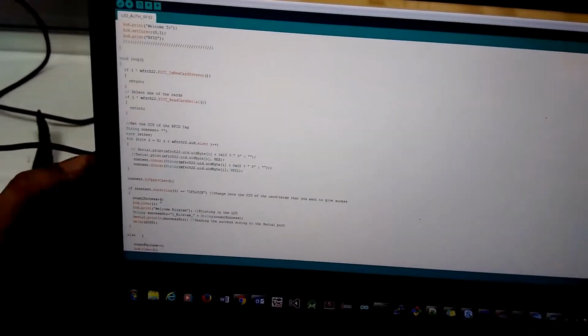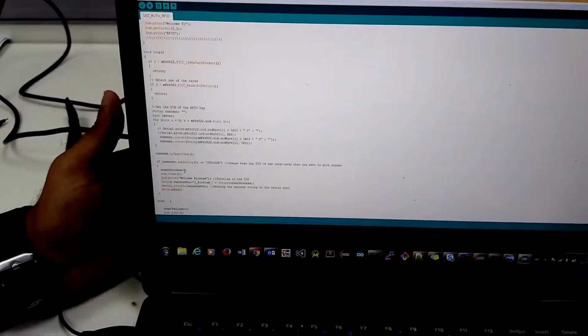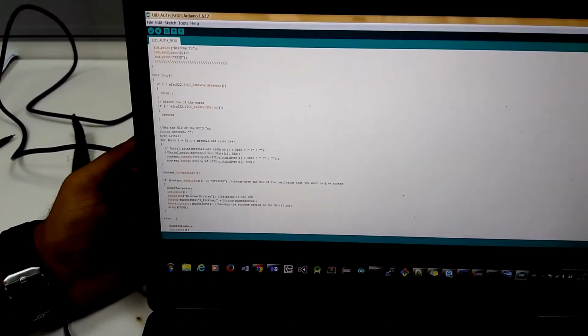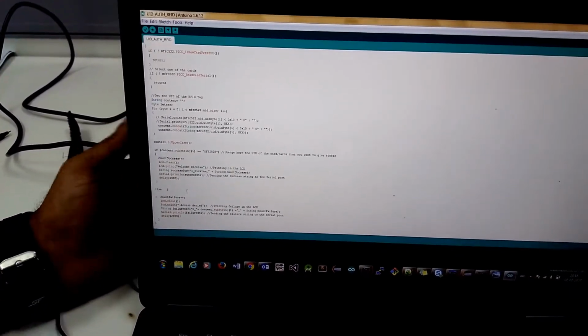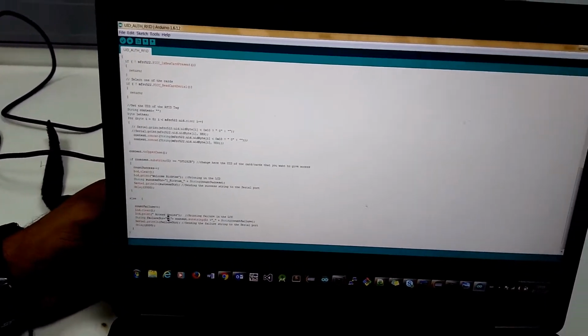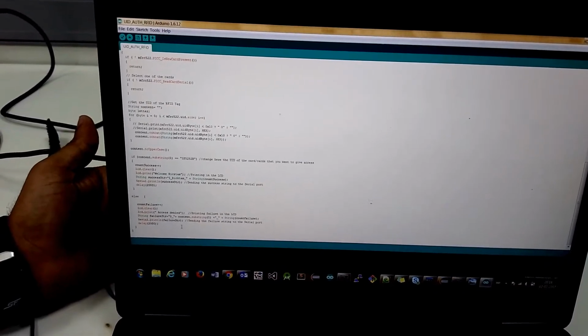If it is a valid tag, I am incrementing the success count, and if it is an invalid tag, I am incrementing the failure count. And finally I am showing it on the LCD as well as in my Node-RED.